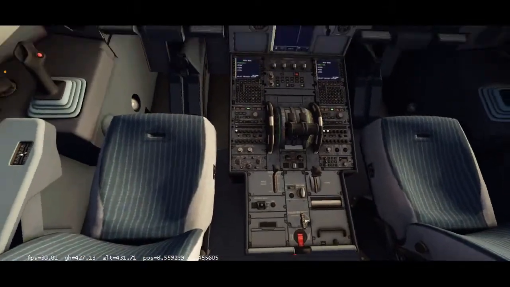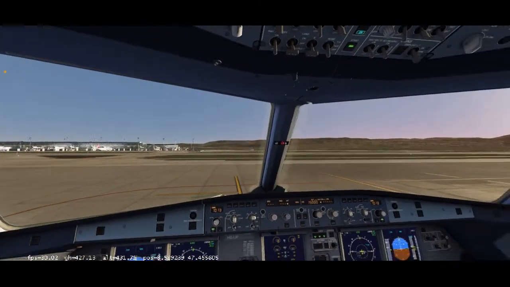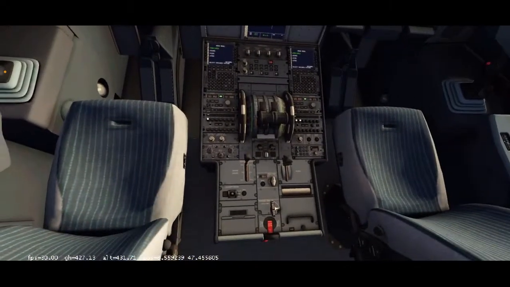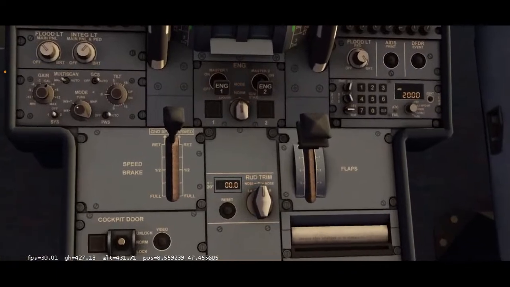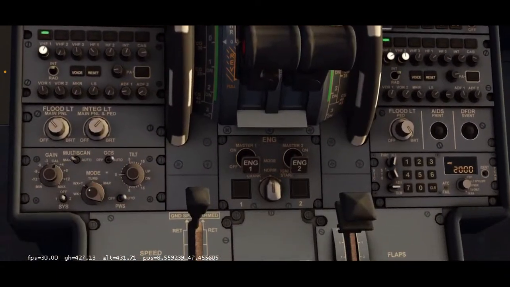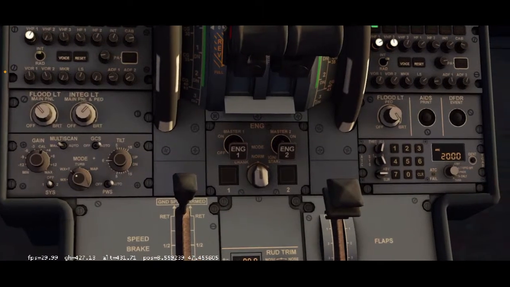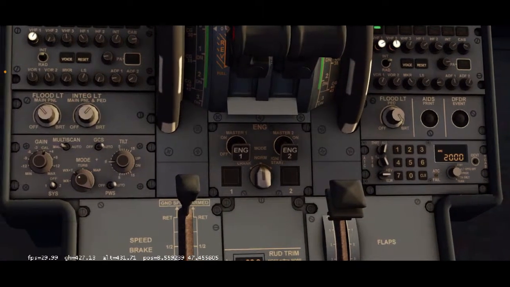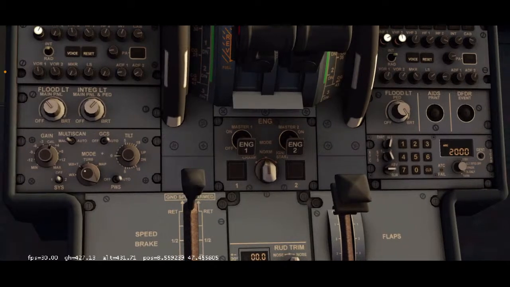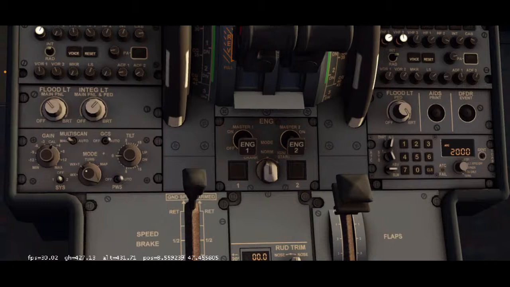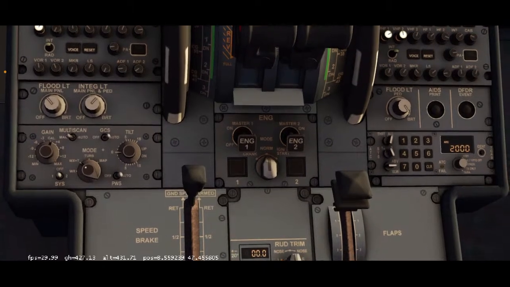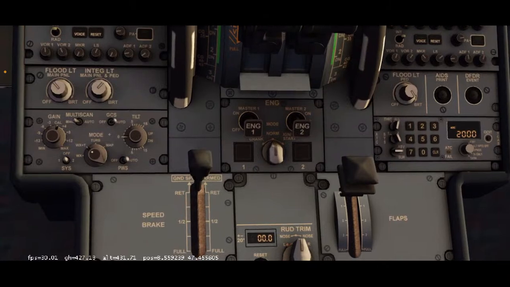So, now, let me do that very slowly for everyone. Now what you guys are going to do is slowly go down here. In between the speed brake and the flaps and our levers here, you're going to see ENG, Echo November Golf, engine. You're going to see your Master 1 switch, which is for engine number 1 on the left, and Master 2 switch, which is your engine number 2 on the right. And you're going to see mode: normal, crank, and engine start.